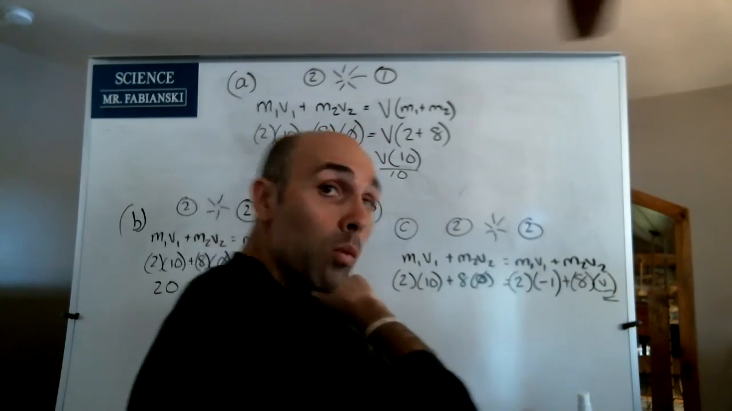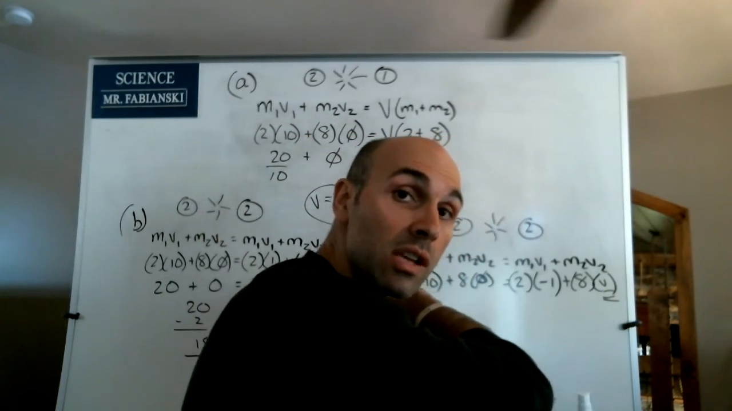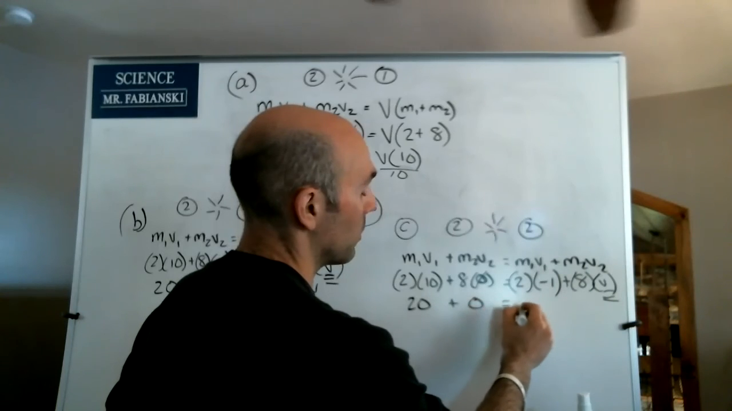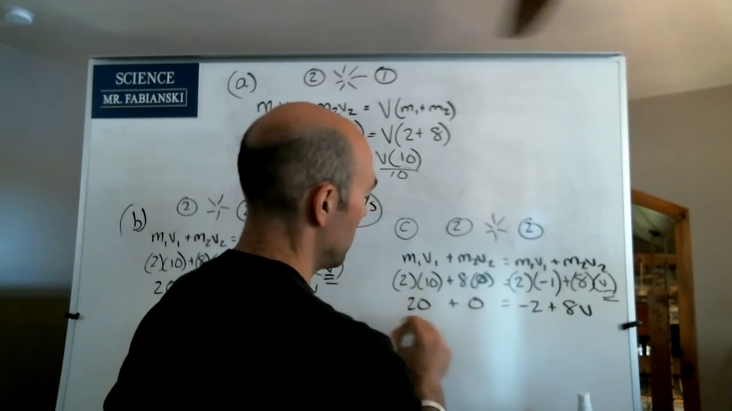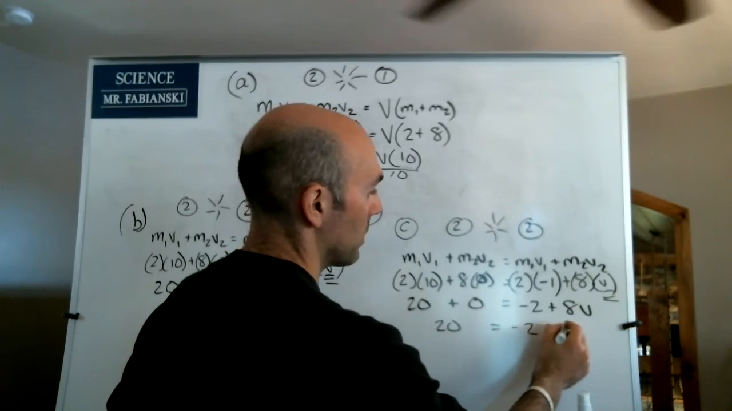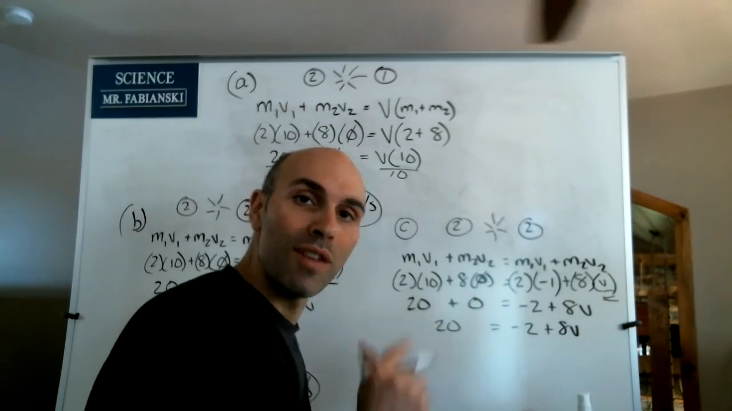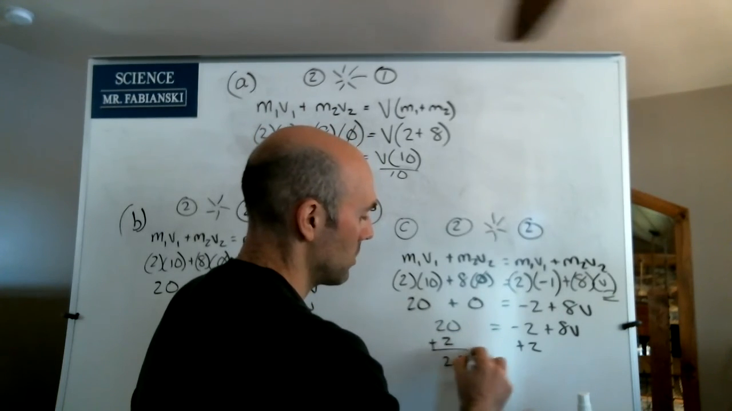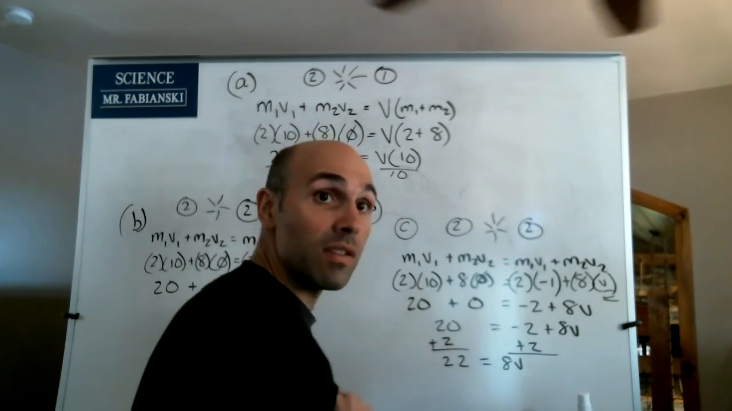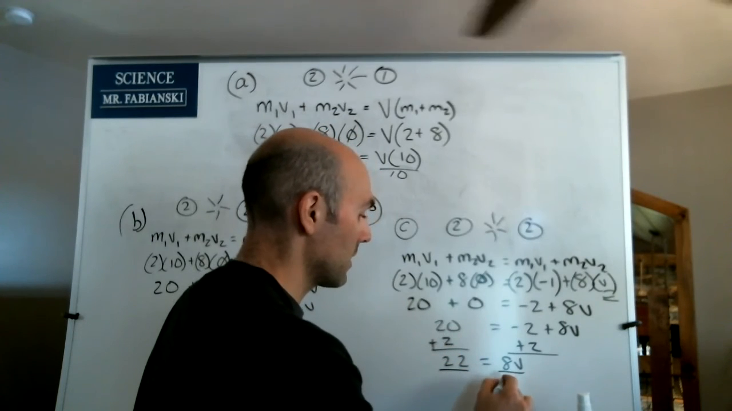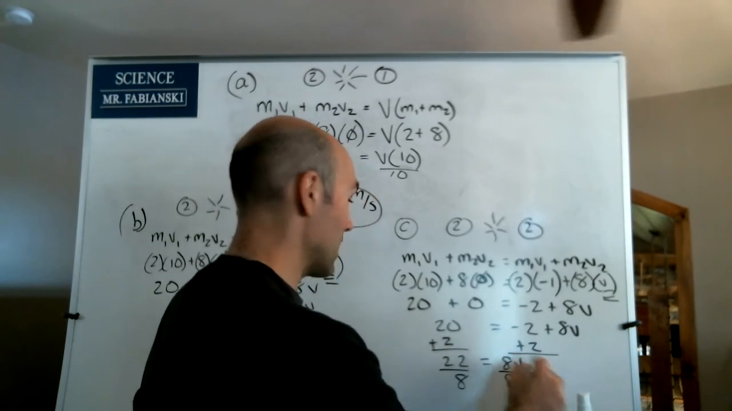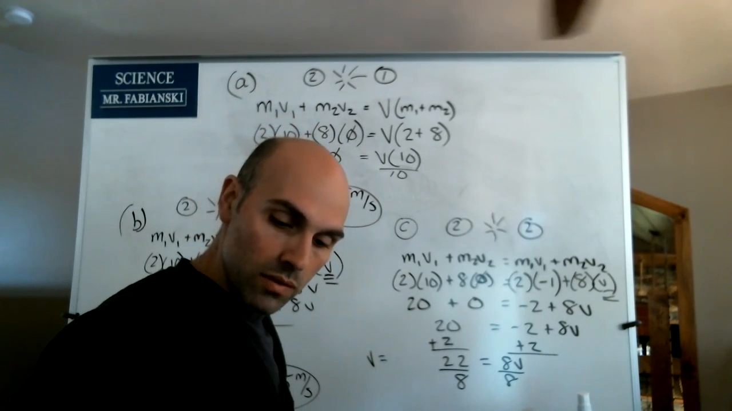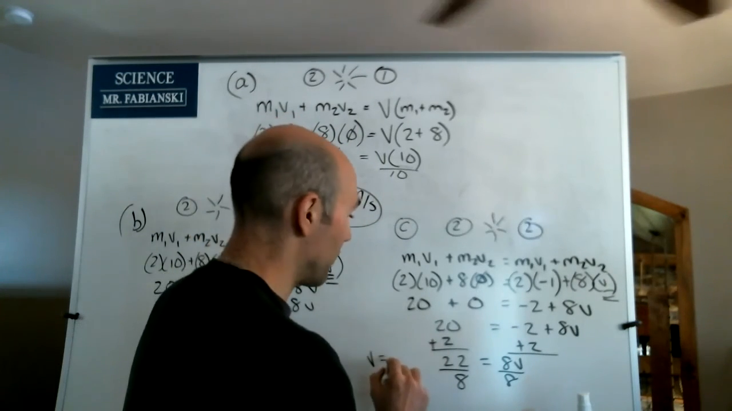And let's see how 1 in the normal direction will change the answer to 1 in the negative direction. 20 plus 0 equals -2 plus 8V. 20 equals -2 plus 8V. What do we do? Very good, class. We're going to add that 2. So we have 22 equals 8V. We divide by the 8, and we get a velocity equaling, let's see, 22 divided by 8, 2.75